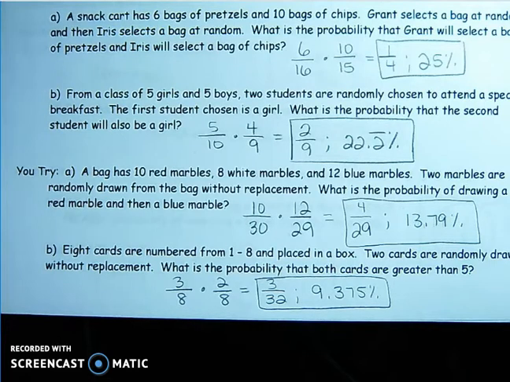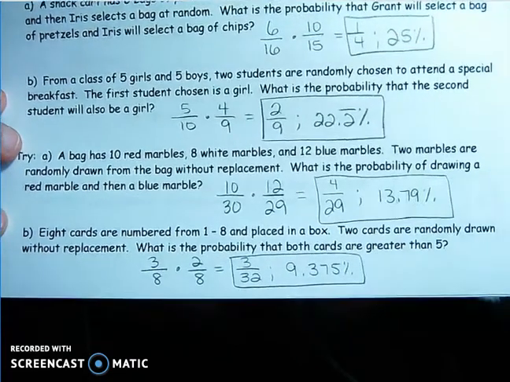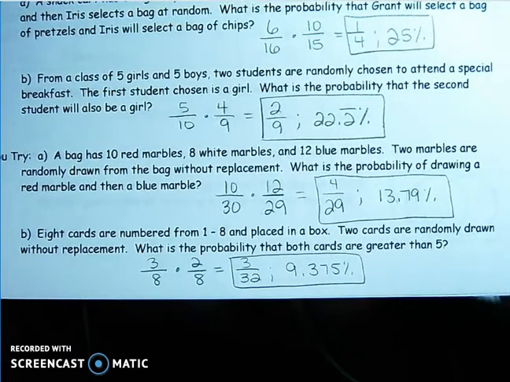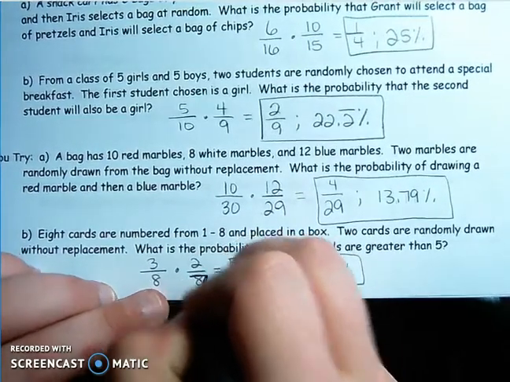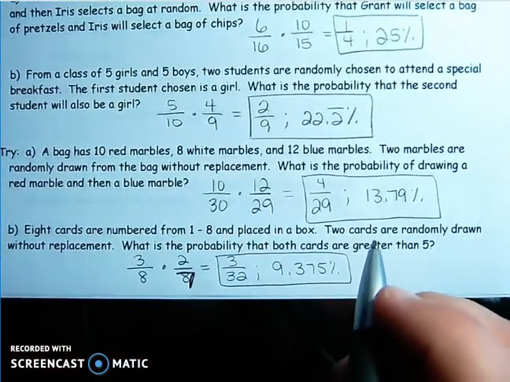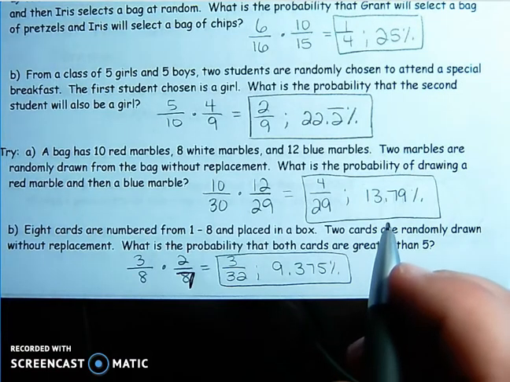In part B, there are 8 cards numbered 1 to 8 placed in a box. 2 cards are drawn randomly without replacement. What's the probability that both cards are greater than 5? So you're looking for a 6, a 7, or an 8. So there are 3 out of the 8 cards in the first draw. Assuming that you pull a 6, 7, or 8, then you only have 2 options out of the 7 cards that remain. So that should be 2 out of 7, which would give us 3 out of 8 times 2 out of 7,